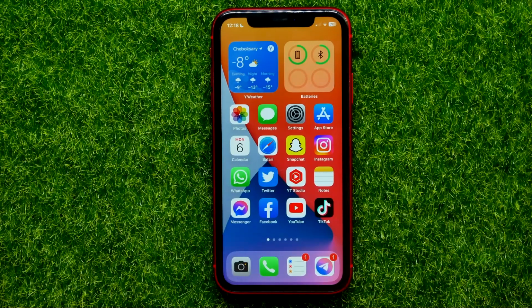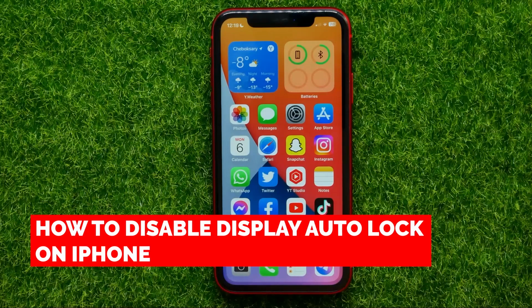Hello guys, welcome back. In this video I'm going to show you how you can easily disable display auto lock